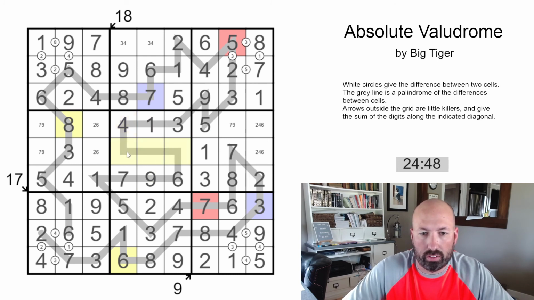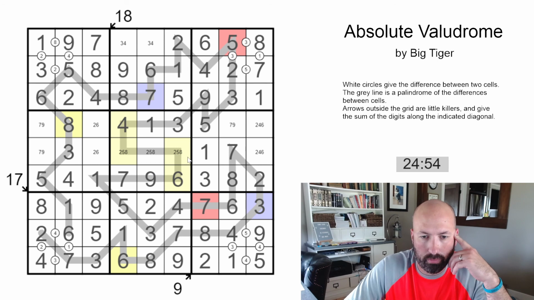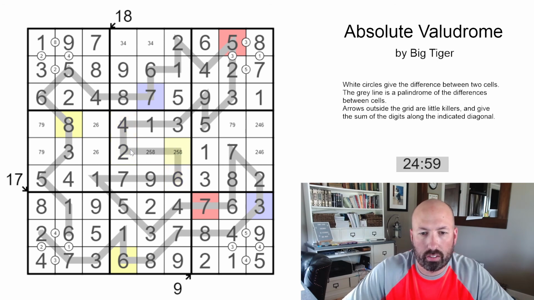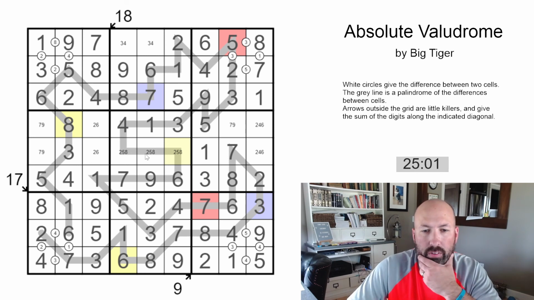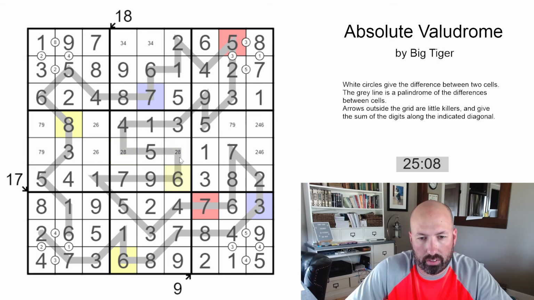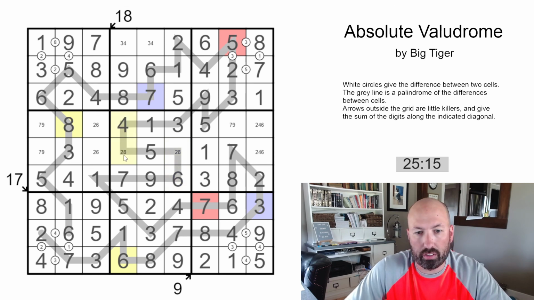And now what's left in the middle here? 2, 5, and 8. So these have to be the same. So it could be 2 and 8. Yeah, it's going to have to be 2 and 8. Oh, but it could be the other way around, though, couldn't it? But the 5 has to be in the middle. But I think actually these could go either way, because 6 to 2 is going to be 4. 4 to 8 is going to be 4, or 6 to 8, 4 to 2, yeah. But the 2-8 pair gives us 6, 2,